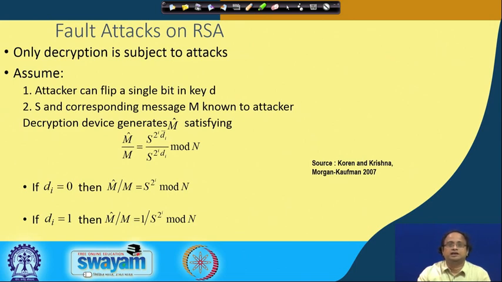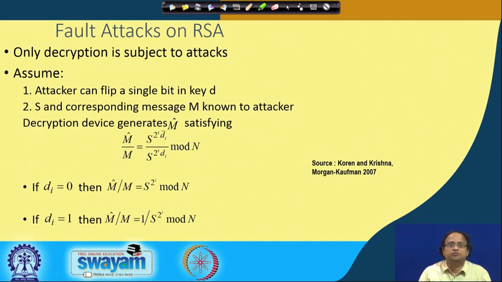Okay. So, imagine that there is a decryption, and you know that in public key cryptography, when we do decryption, we use the secret key. So, imagine that there is a kind of crypto system which is doing decryption, and this is essentially subjected to a fault attack. So, the attacker, like in this kind of attack, we have to state something which is called a fault model,